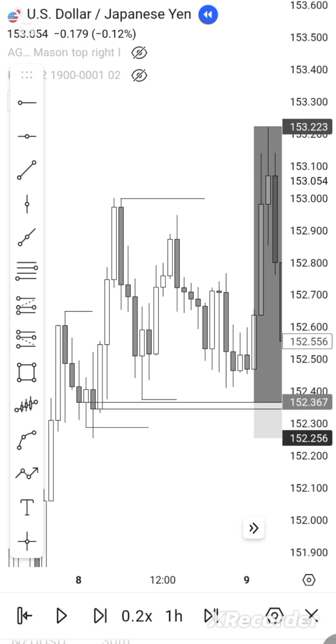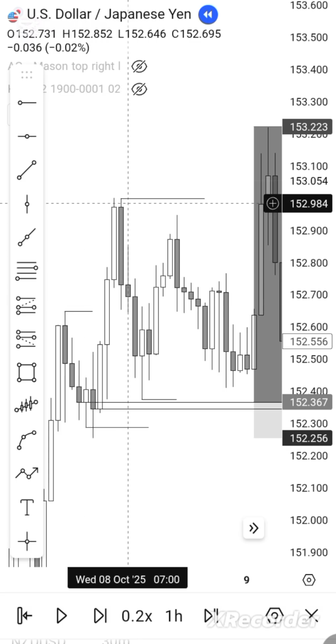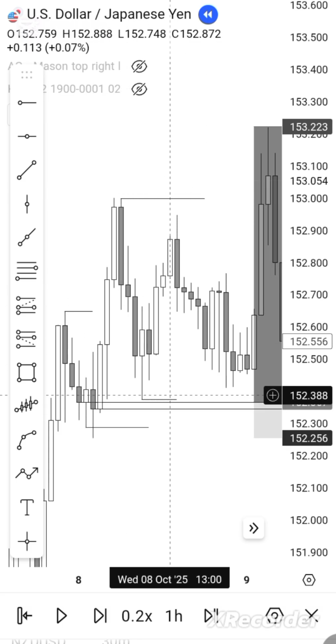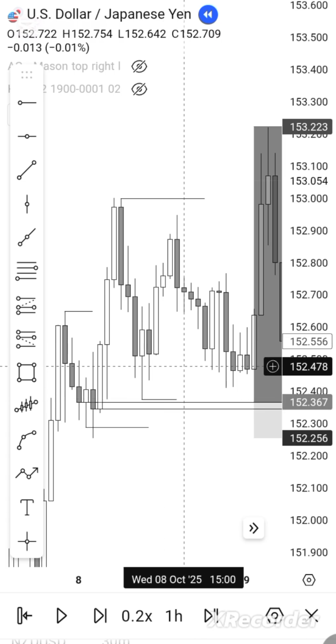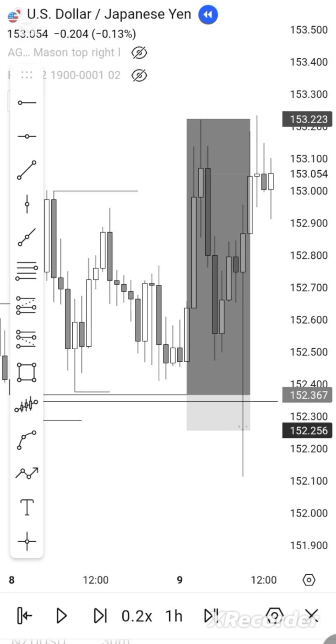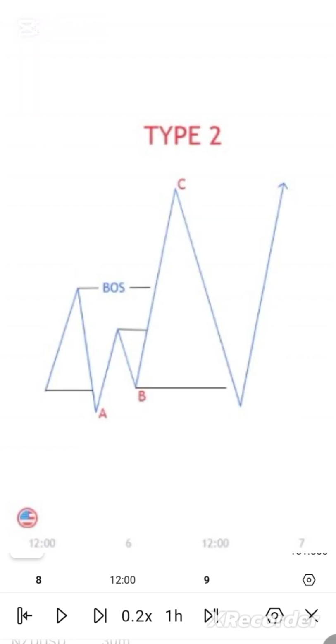So we have a sweep of liquidity, and then this is the first break of structure, the second break of structure, and then we have a liquidity resting below here to our point of interest, and then price came to tap it and go to our normal direction, even though we were stopped out. Then I want to show you another model that you can use also. I will attach the model at the end of this video, so let me just show you